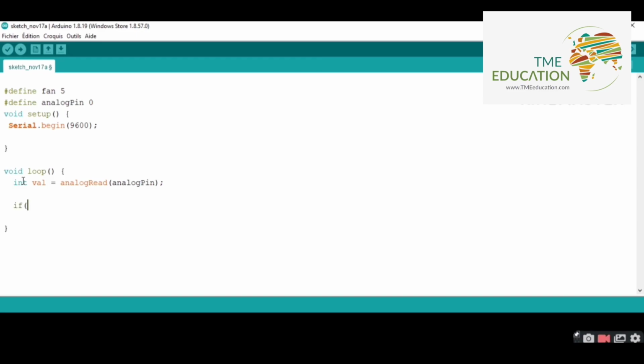Now if the variable val, the value, is greater than or equal to 500, so the DC fan is going to turn